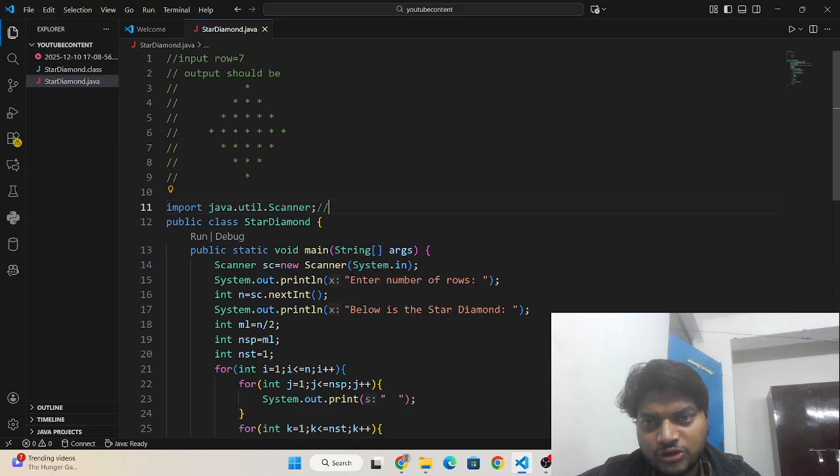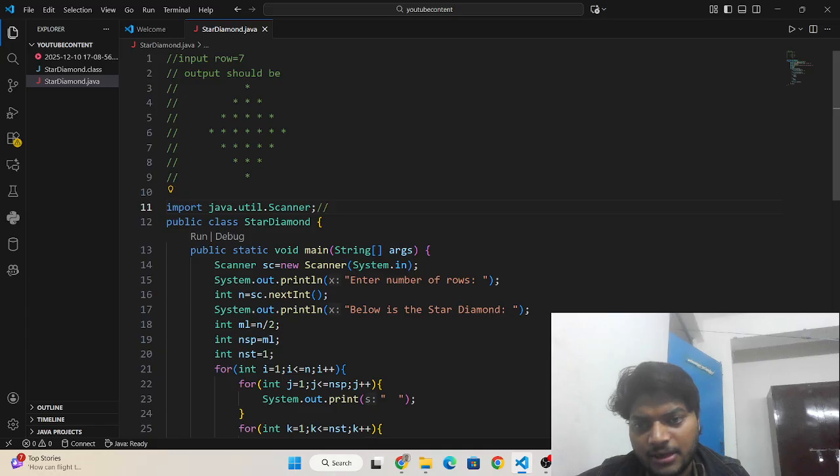The first row has 1 star, the second row 3 stars, the third row 5 stars, the fourth row 7 stars. Means in each row the number of stars is a multiple of i minus 1. So by that logic you can also print.